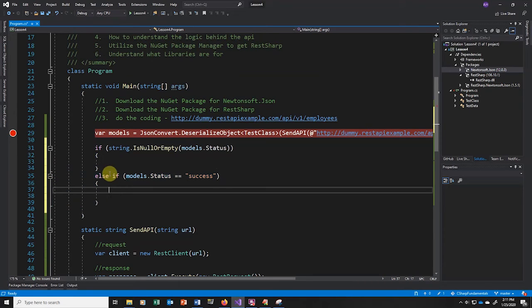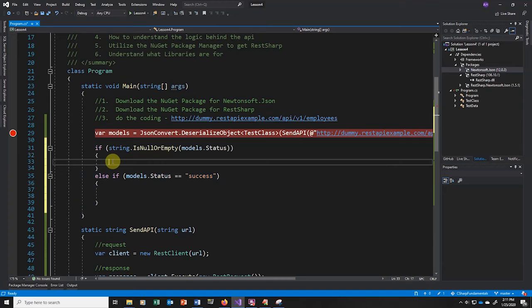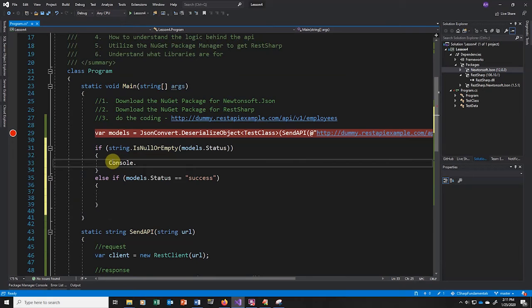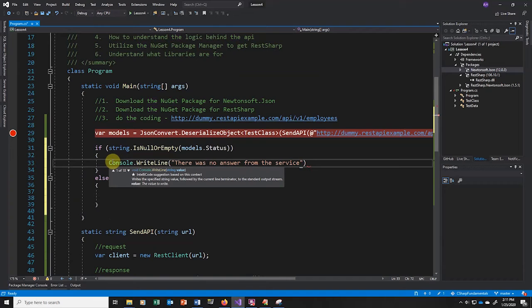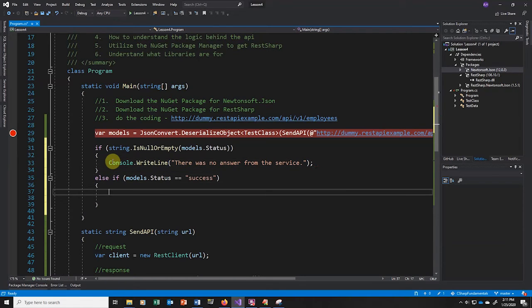So let's build this block of code. Well, let's build this block of code first because it's really simple. We're going to say Console.WriteLine, and we'll just say there was no answer from the service. Else, if we do get something back,